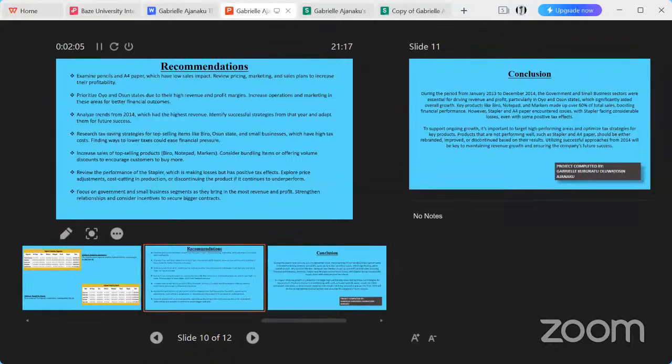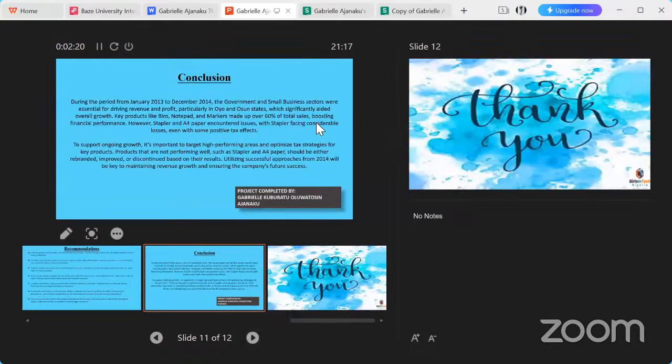Identify what helped the year 2014 to be better, to make such sales successful, and push it into future success: research tax saving strategies, increase sales of top-selling products, review the performance. In conclusion, it was concluded that from the period of January 2013 to December 2014, government and small business